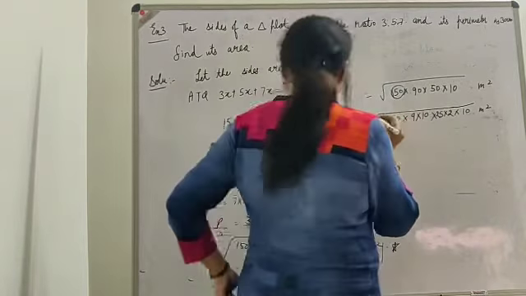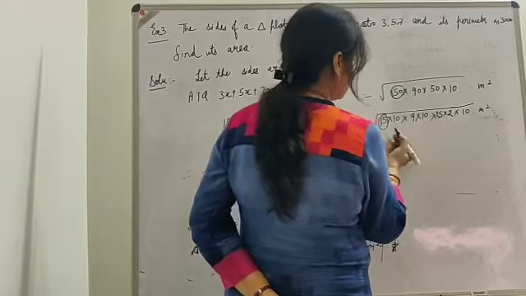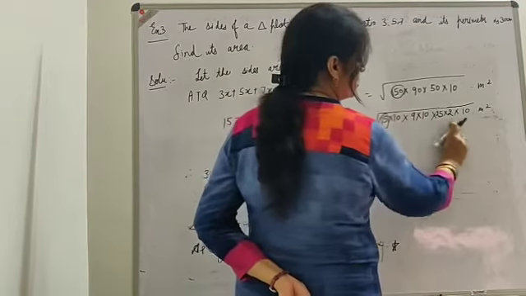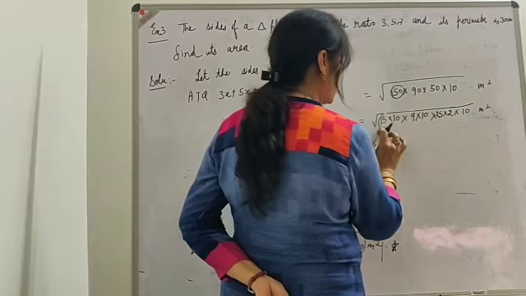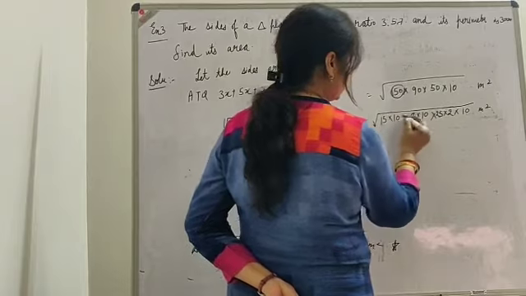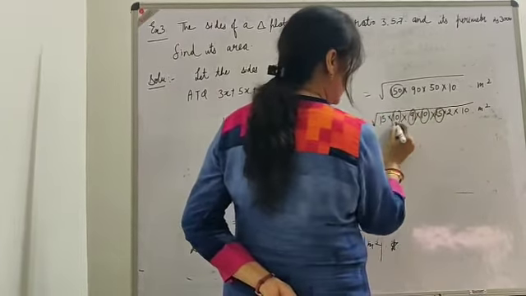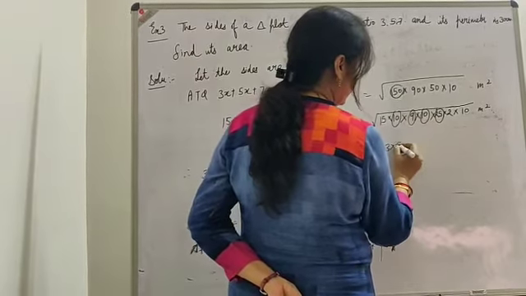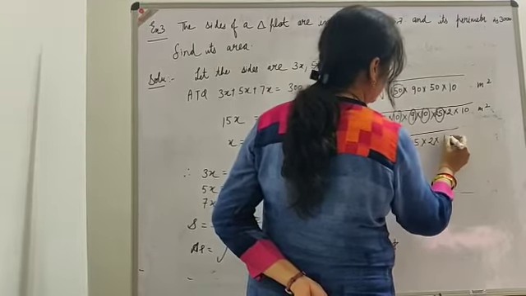This 15 can be further reduced as 3 5s, or let it be 15 only because it does not have its friend. Look, no 3 is there, no 5 is there. So you may write 15 as it is. Don't make it a circle because I told you, you have to write those numbers which are either in pairs or a perfect square. So this 10 will come out. Square root of 9 is 3. Square root of 25 is 5. Now what is left? 15 into 2 into 10.